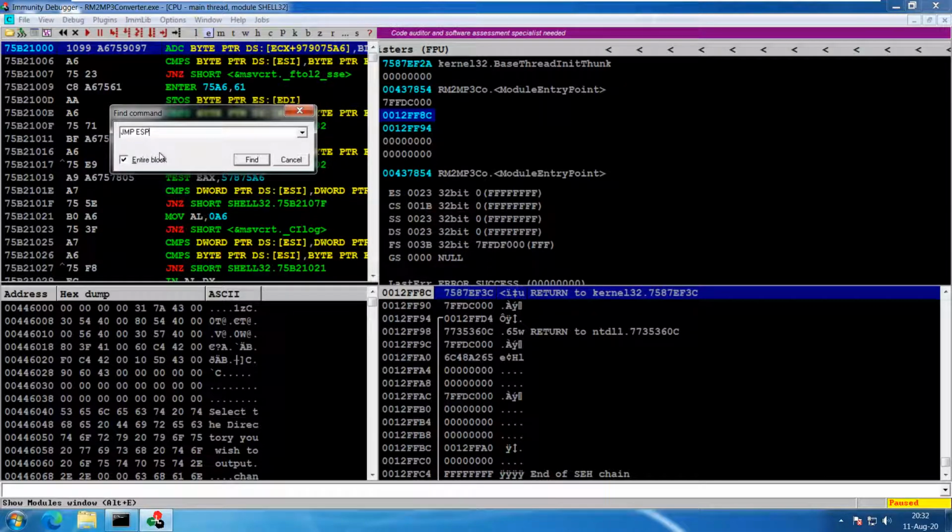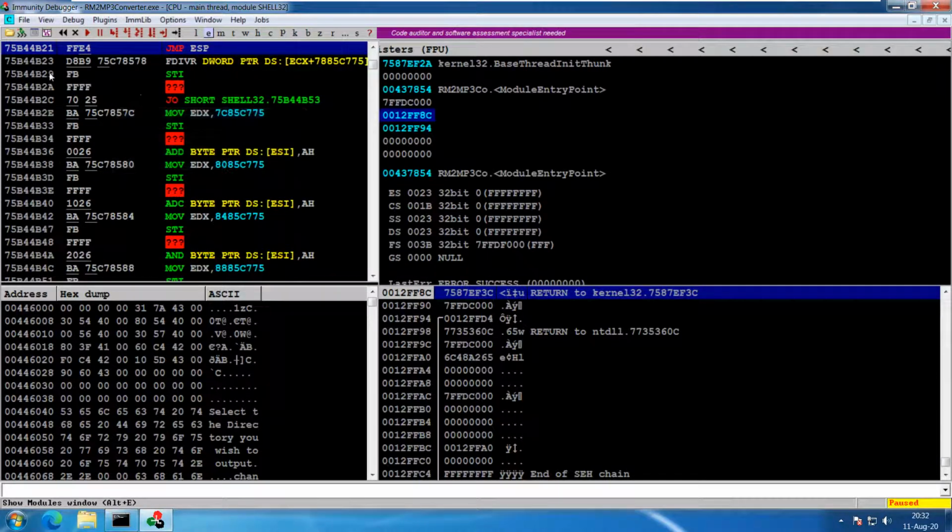You can search by pressing Ctrl F on your keyboard, typing jump ESP and clicking on find. We find that the instruction lies at 75B44B21. However, in the stack everything is written in reverse, so in our exploit code we have to include it in reverse, meaning it will be 21 4B B4 75.